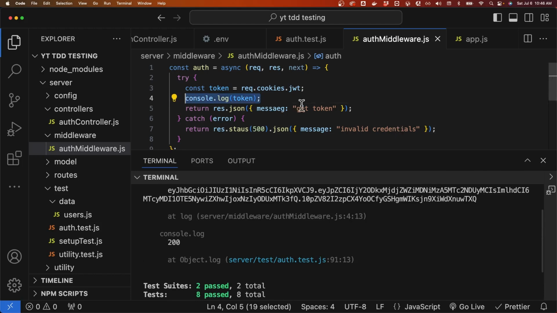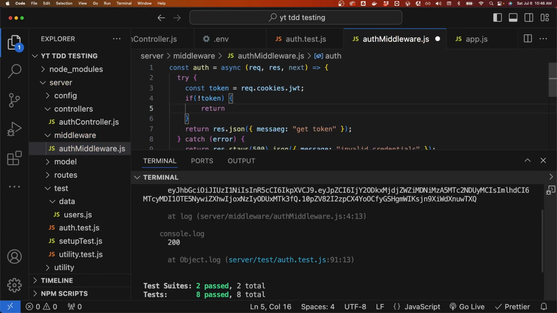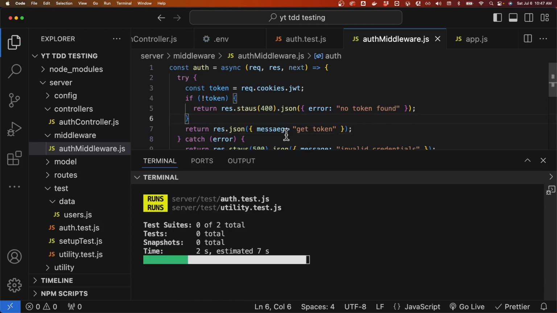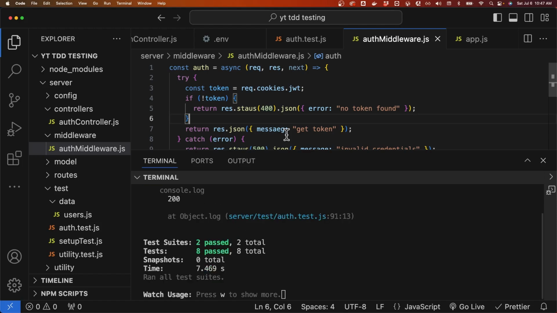So we can then say if not token, we would want to return res the status of 400 and then a JSON message of error, no token found, like that. And then other than that, yeah. Okay,